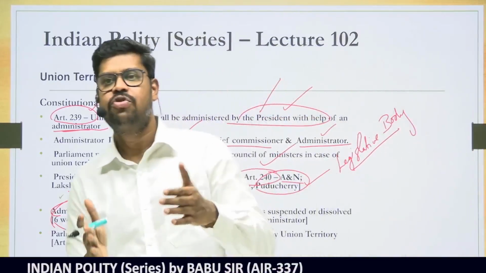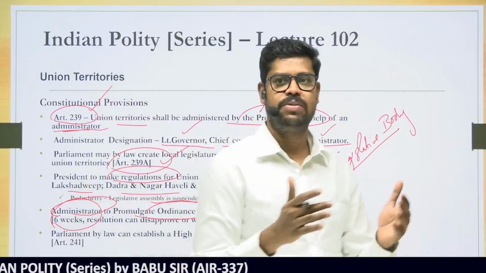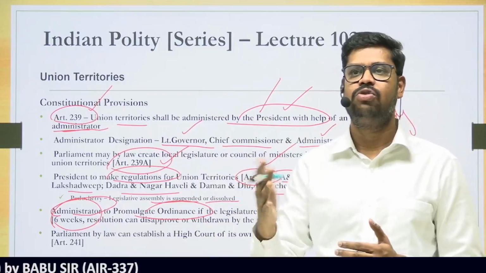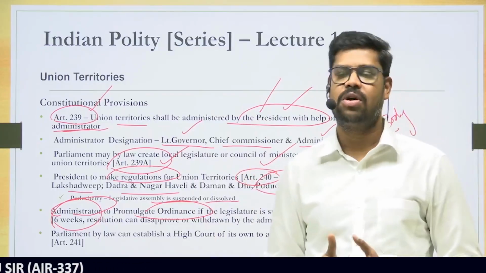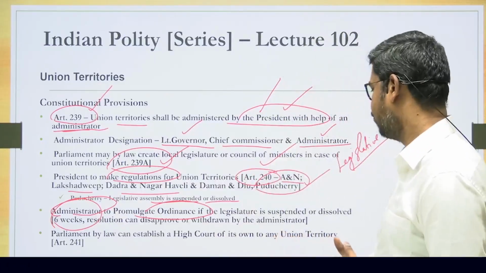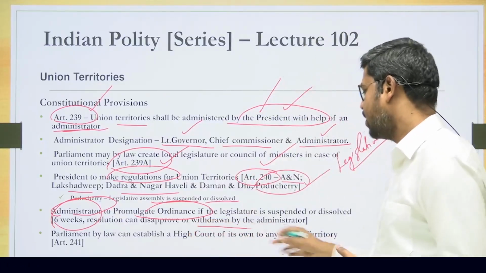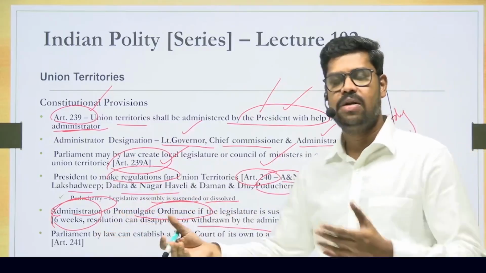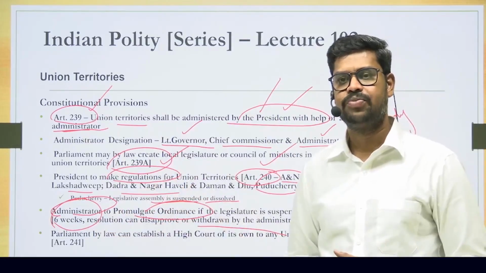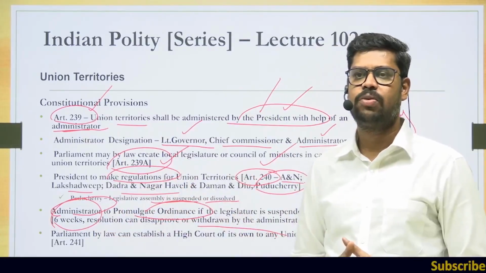It cannot continue to exist. But even before that, if the legislative assembly of Puducherry wants, in the example that we have taken, they can pass a resolution and revoke this ordinance. So these are all very much possible under the Constitution of India. And apart from that, the administrator can withdraw the ordinance at any point of time, independent of the legislature. So these are some of the constitutional provisions you'll have to understand.